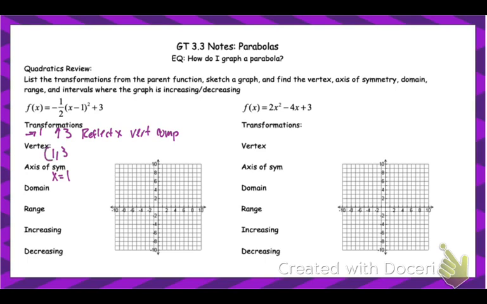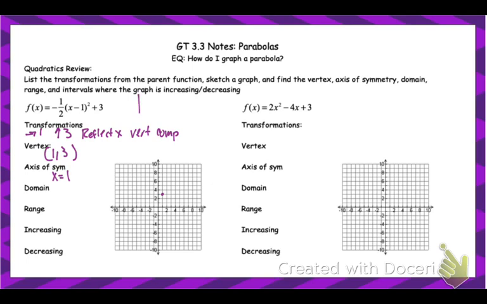And then let's go ahead and graph this. So I'm going to start by plotting the vertex. We know that this is going to open down because it has a negative a value. Where you get the rest of your points for this graph is dependent really on the method that you've learned back in Algebra 1. You may have learned to do a table of values and plug in points,